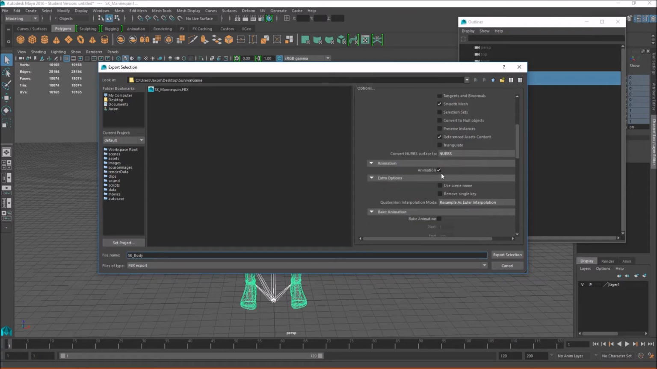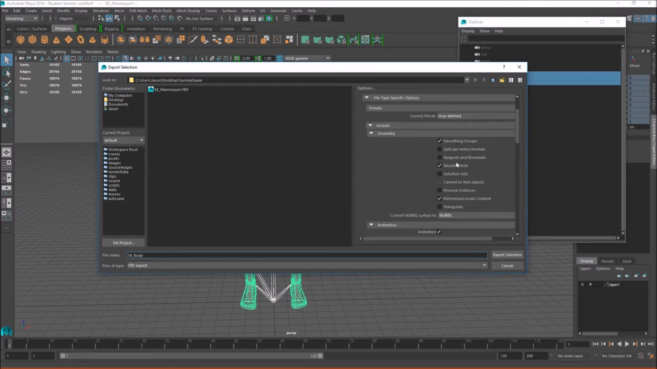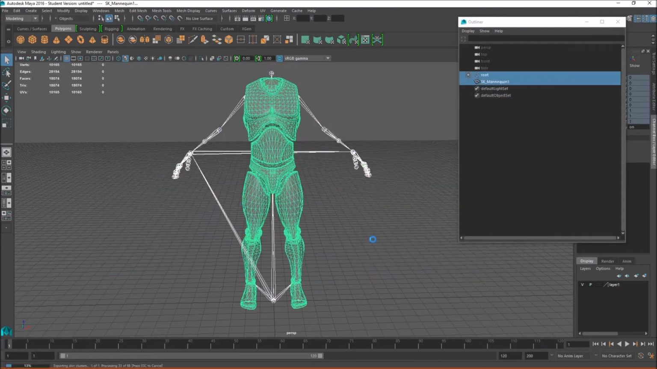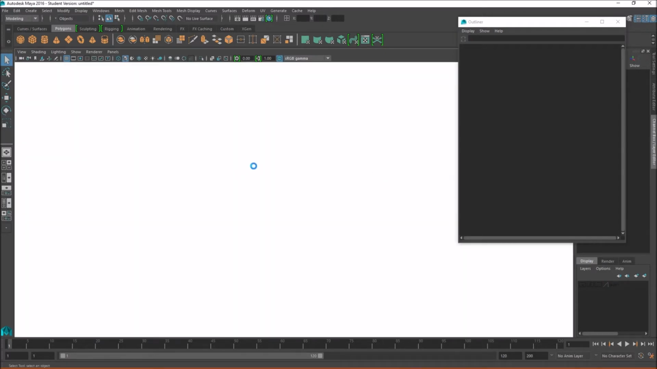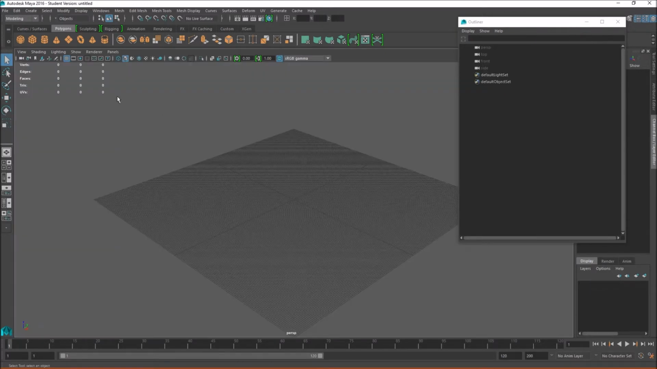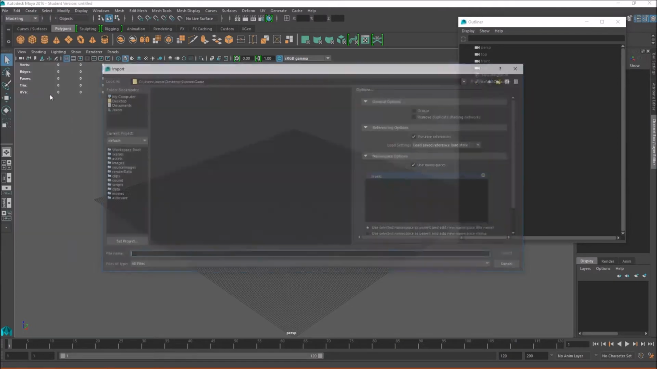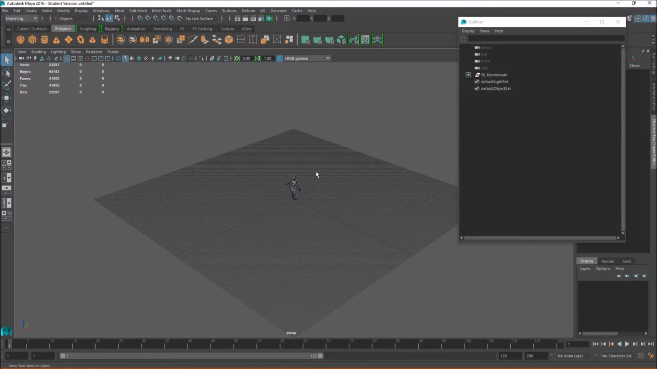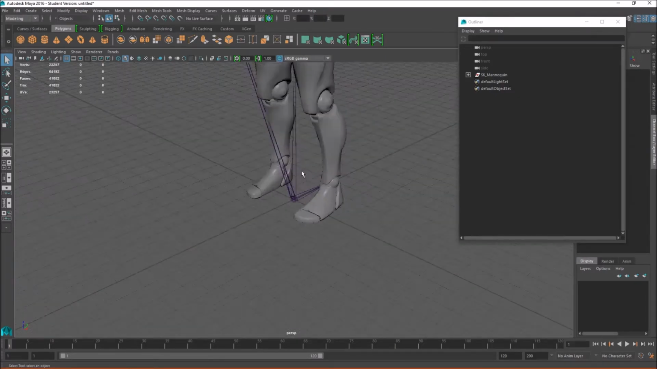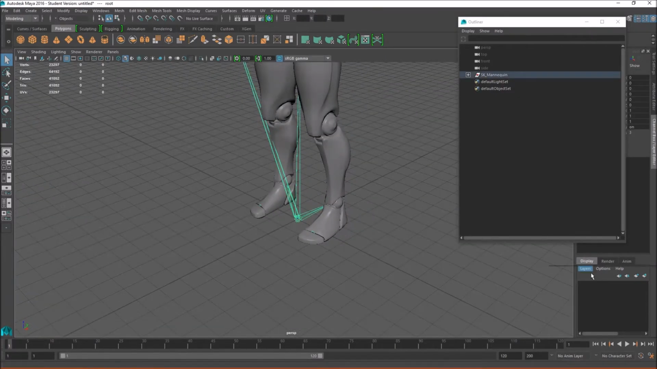Make sure animation is checked, and everything else should be good. So there we go. Now all we need to do is create a new scene and do the arms. We'll wait for this to load up, go to File, and import the mannequin again. I'm going to go a little quicker on this one because we already know what to do. So select the root bone, create a layer, hide it,